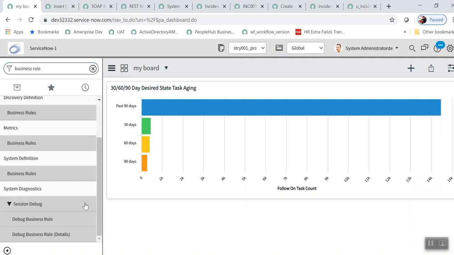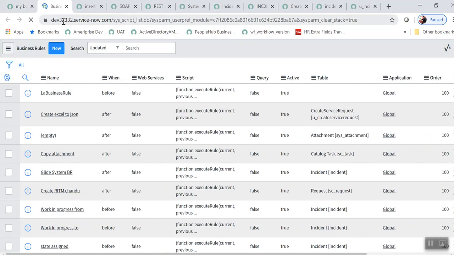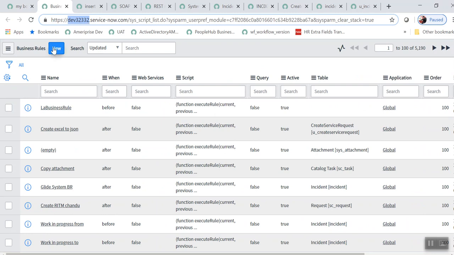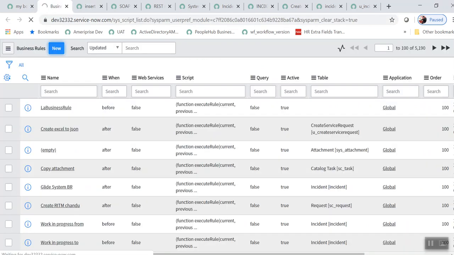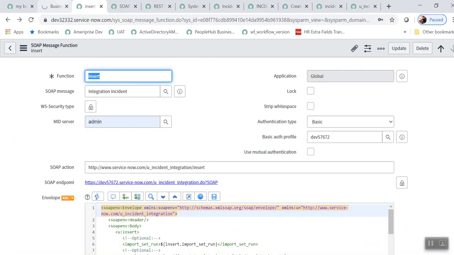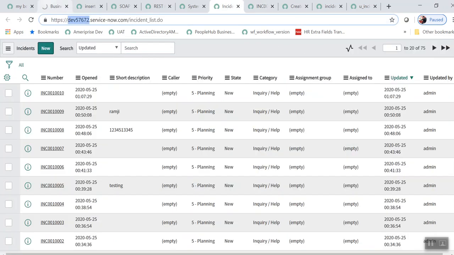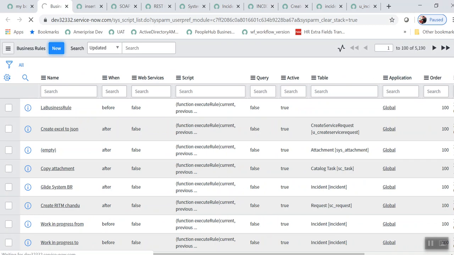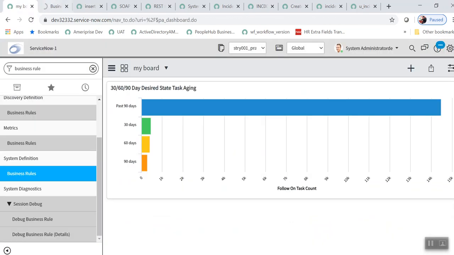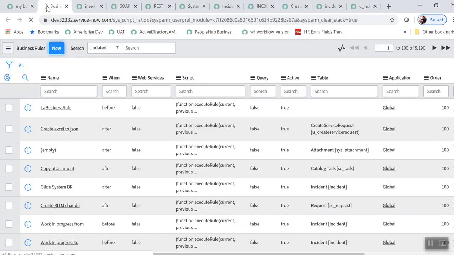Suppose the requirement is when an incident is created in dev 32332, you need to create the same incident in 57672. So you can do ServiceNow to ServiceNow integration, and you can do ServiceNow to any other third-party tool integration as well. It is taking some time to load.